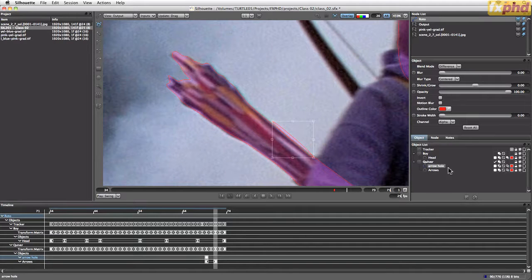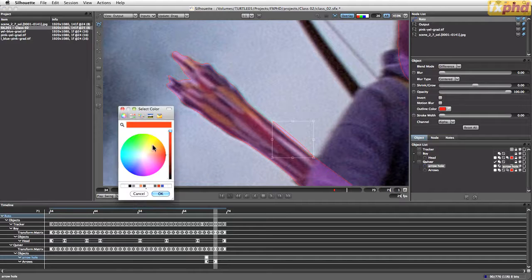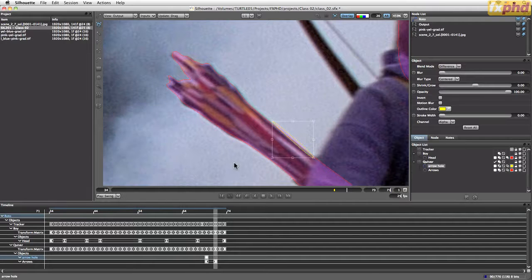I'm also going to change the colour of the arrow hole here so I can see it a bit easier. Take that to something a bit more contrasting, which is the yellow. Bring that in. Just rotate that around. Cool. Now again, there can be a sort of preference to whether you want to take one shape and work